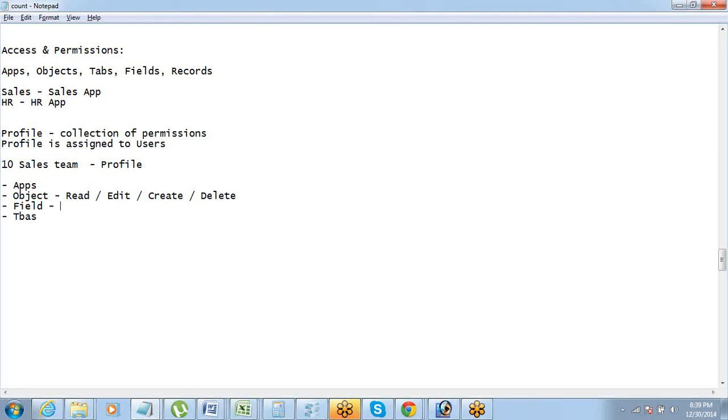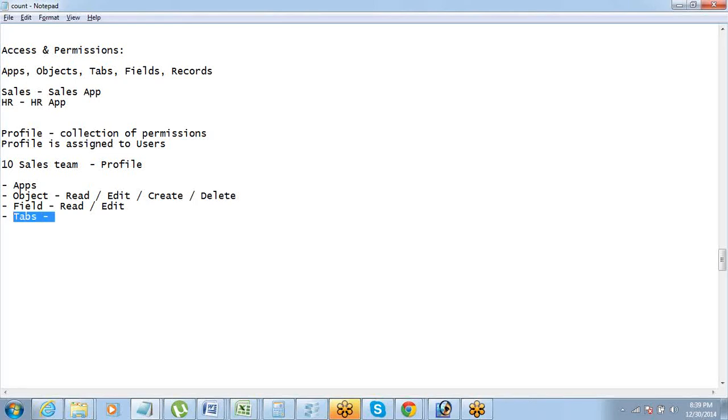Same thing goes with the field. So you have a read or edit permission on the field, okay, view-only or read-edit permissions available on the profile. And then we have the tabs, okay.